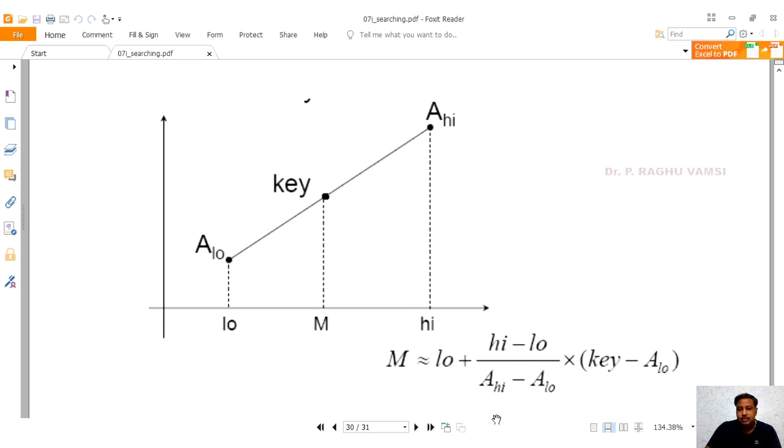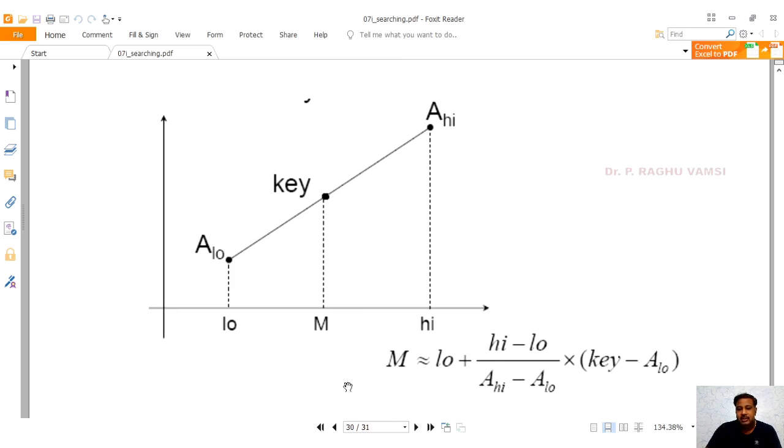So mid equals low plus (high minus low) divided by (A of high minus A of low), multiplied by (key minus A of low). This is the fixed formula of interpolation search. Using this formula, we calculate M, and we search for that particular M value.